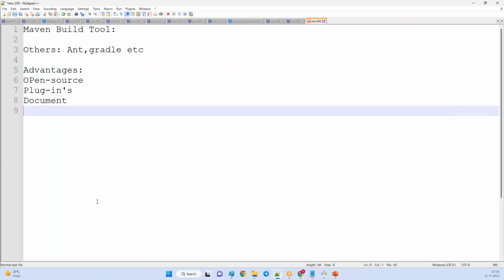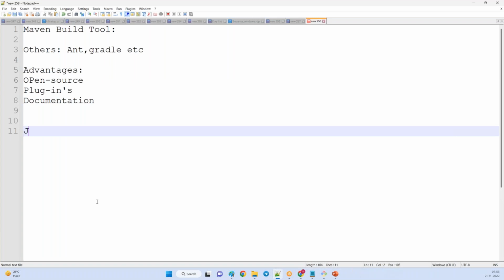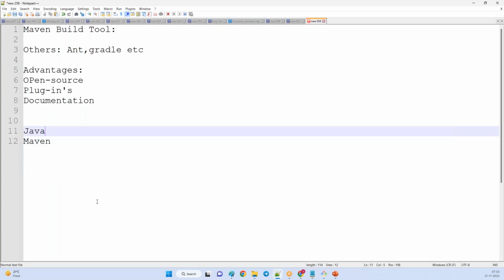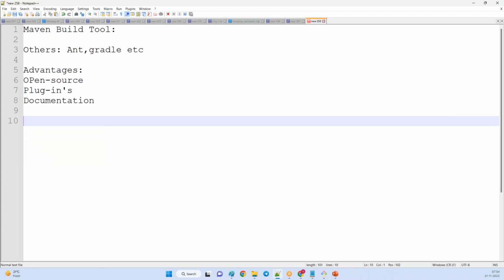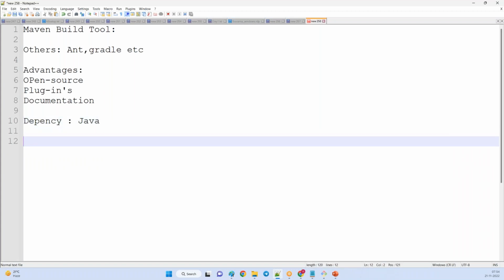So Maven has a dependency. You can install Java first and then install Maven, because Maven is mostly useful for Java projects. The dependency is Java, and the most important thing in Maven is the repository concept.